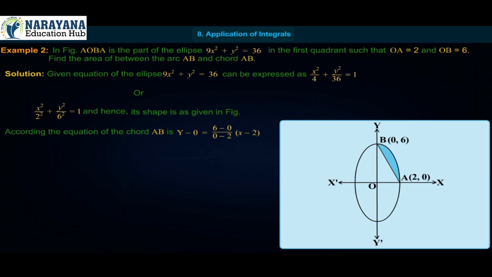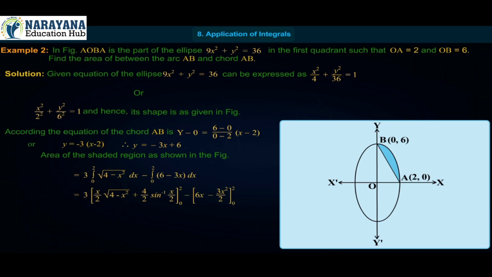According to this, the equation of the chord AB is y − 0 = (6 − 0)/(0 − 2) × (x − 2), or y = −3(x − 2), or y = −3x + 6. The area of the shaded region as shown in the figure is equal to 3 times the integral from 0 to 2 of √(4 − x²) dx minus the integral from 0 to 2 of (6 − 3x) dx